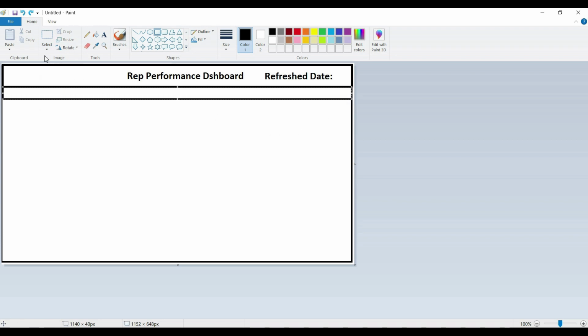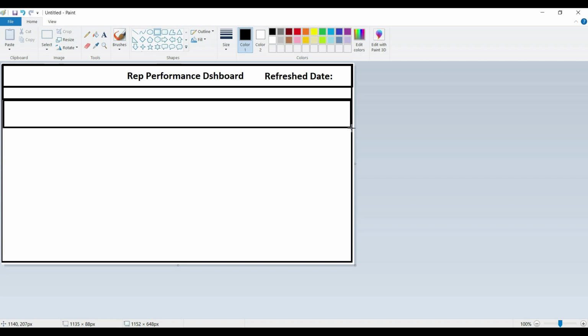And after that we usually have a KPI section, where our KPIs are generally shown at the top of the dashboard. So suppose we keep this section where we can have multiple KPIs. For example, if we have 4 KPIs in our dashboard or 5 KPIs, we can place all those KPIs in this section like this.